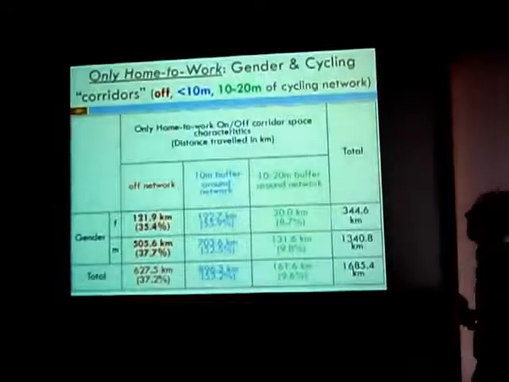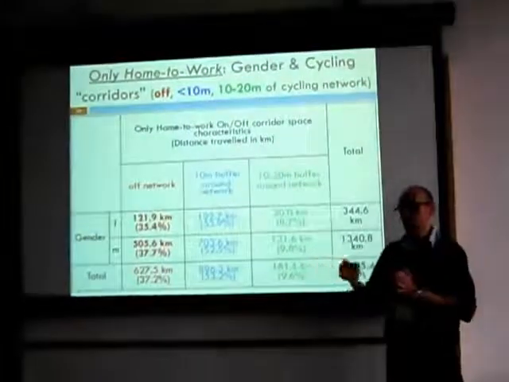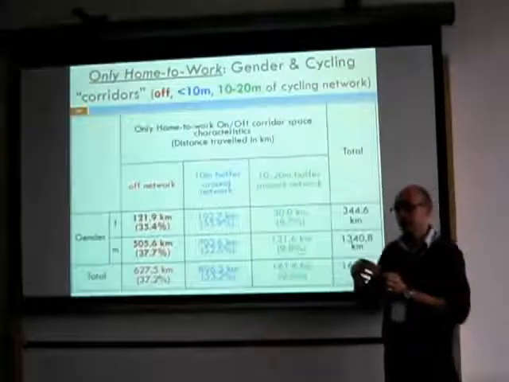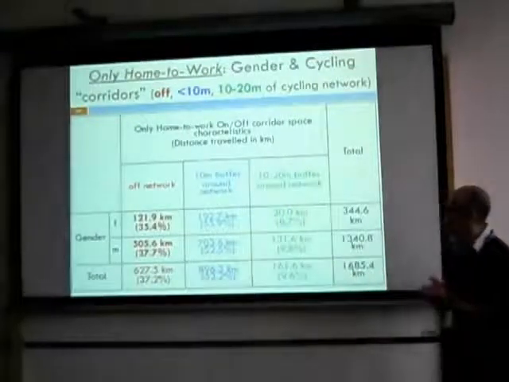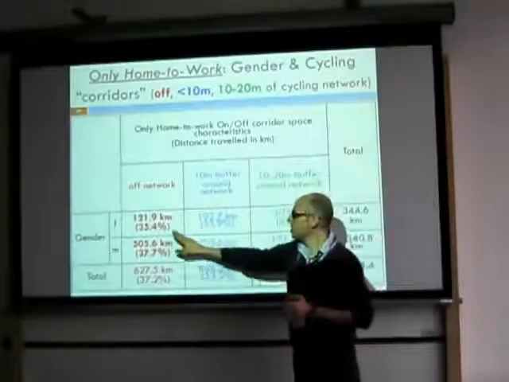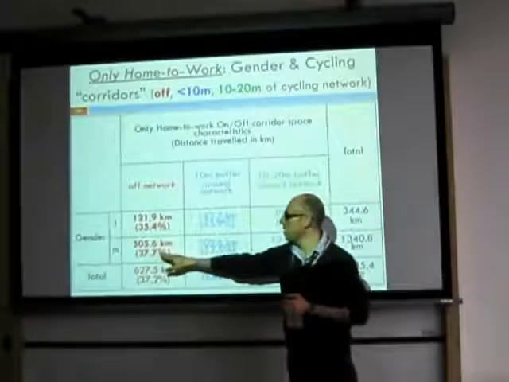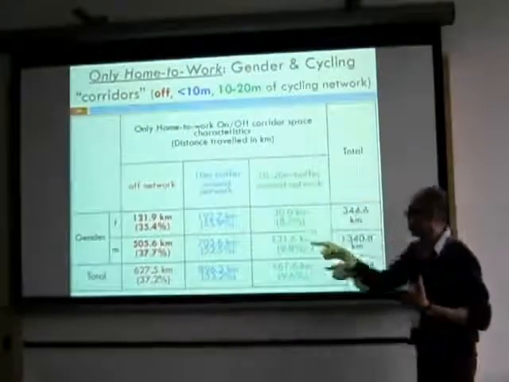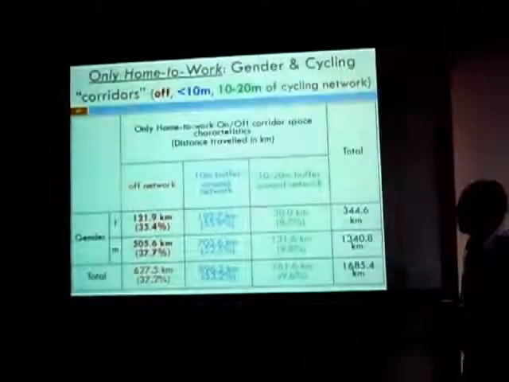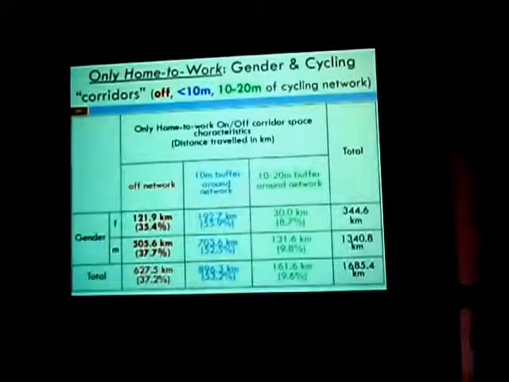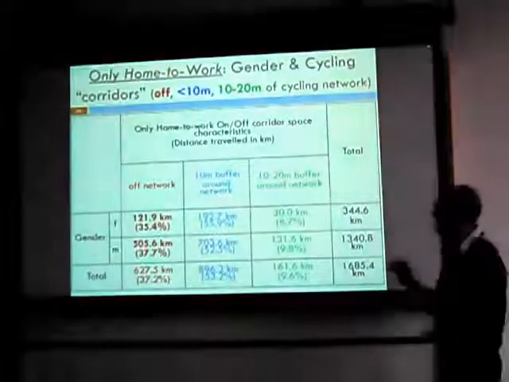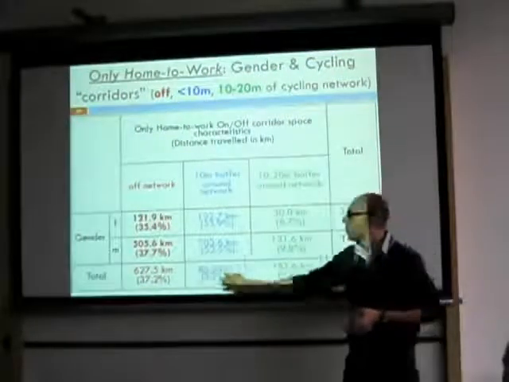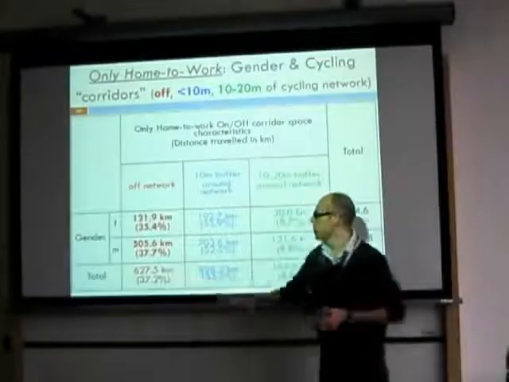We split this data set into trips from home to work, and then everything else, including returning home. Now here you see some interesting patterns. The differences are very small, but again you see more men cycling off network when they go to work. That's part of me doing this kind of thing, compared to women, for example. But is this difference significant? It probably isn't, but it is a difference. The overall pattern doesn't change significantly. It's slightly more than one-third of the trips.